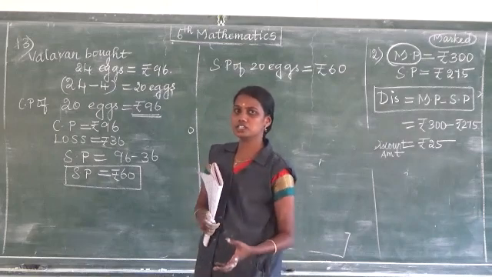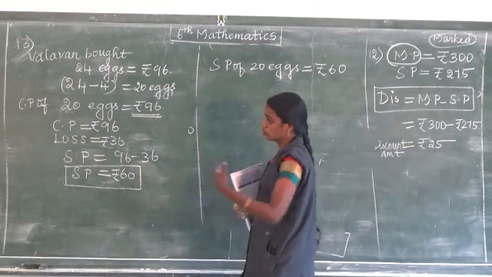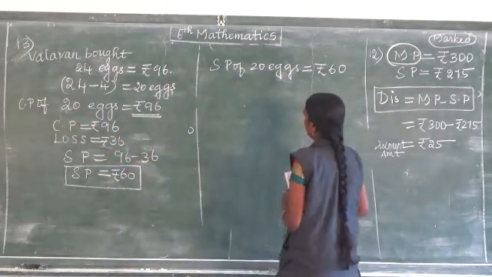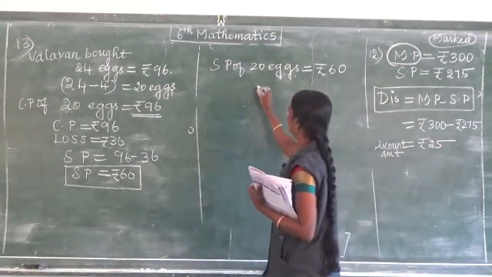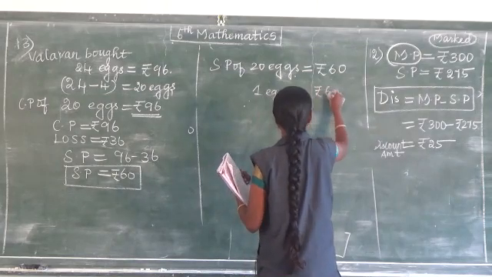If you have the things, okay, there is no profit, no loss. It is with you. So you sold it. So the cost price changed to the selling price here. So the selling price of 20 eggs is rupees 60. Find out for the 1 egg, rupees 60.